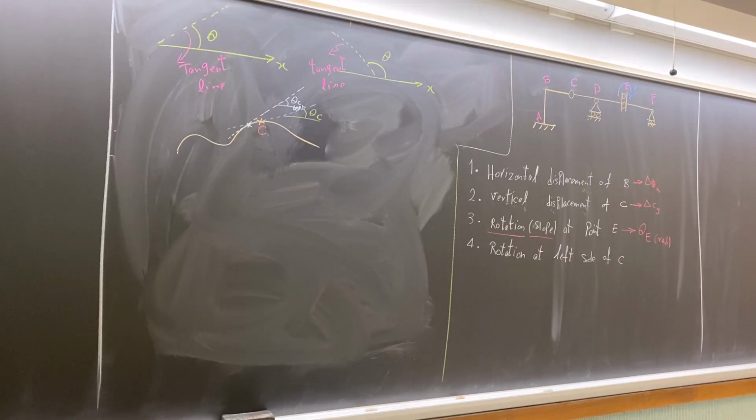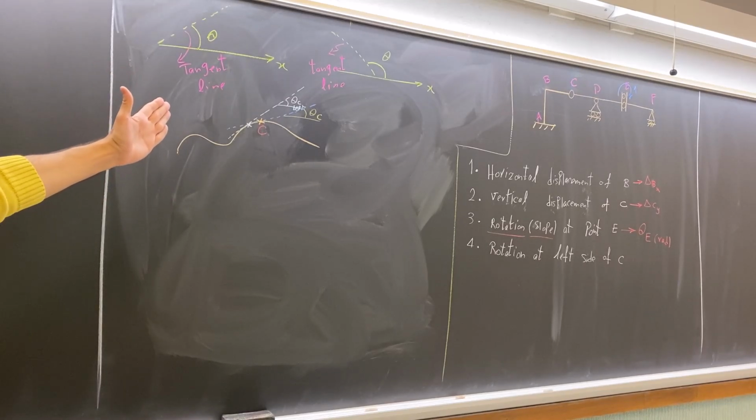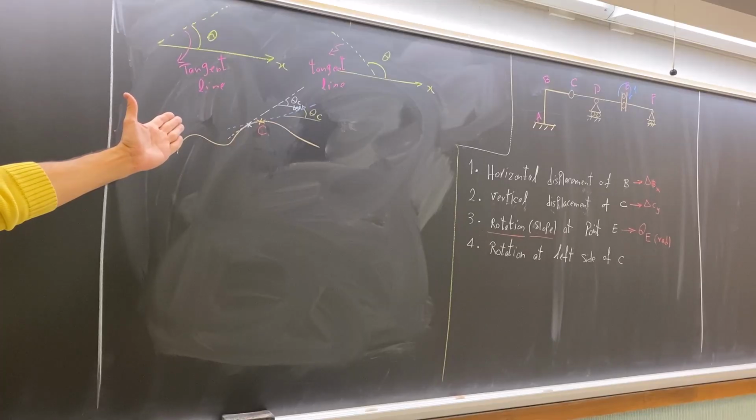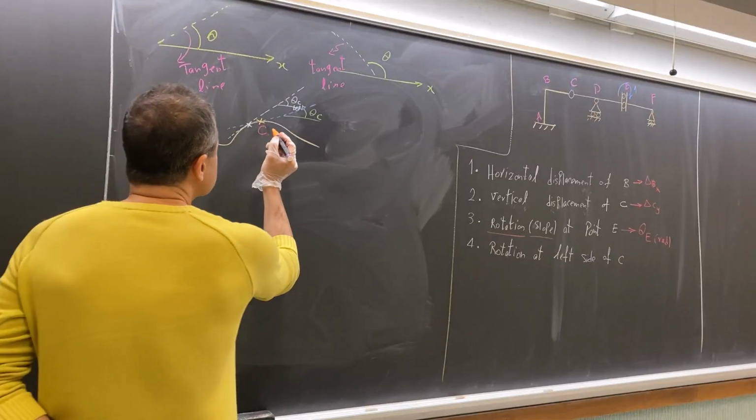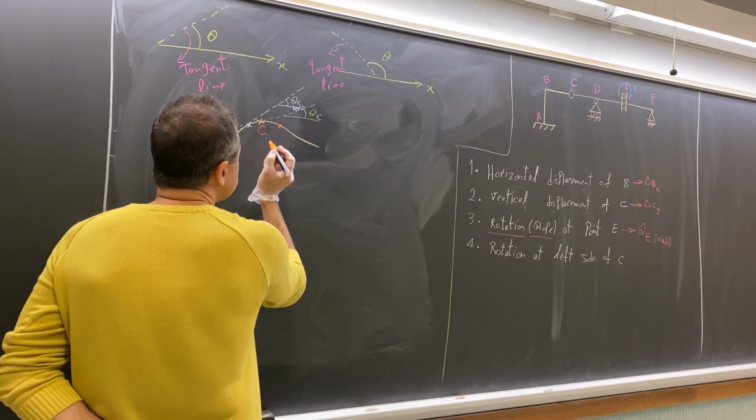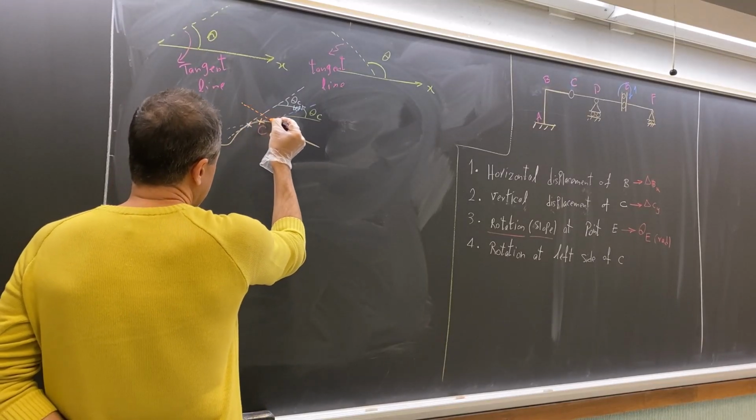Any question for this? Can you see that? Now we repeat this process for the right side of C, a little after point C. I use orange. So after point C, for example, here, I draw